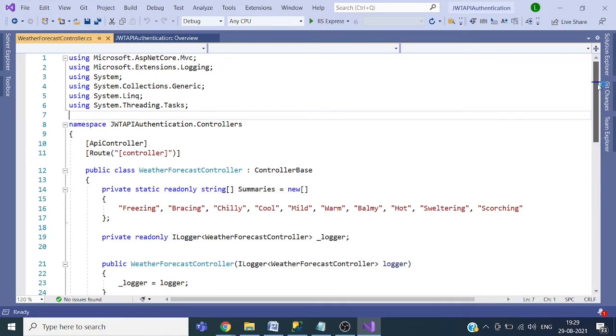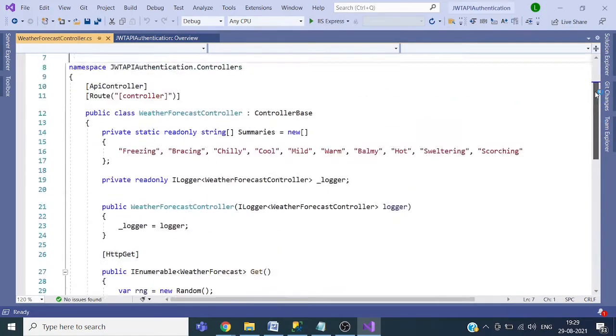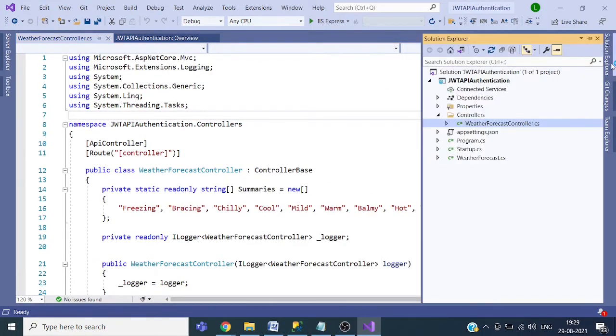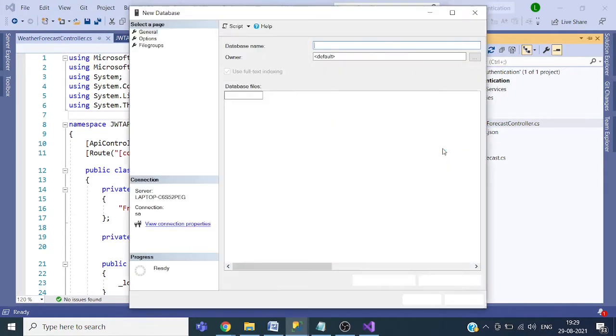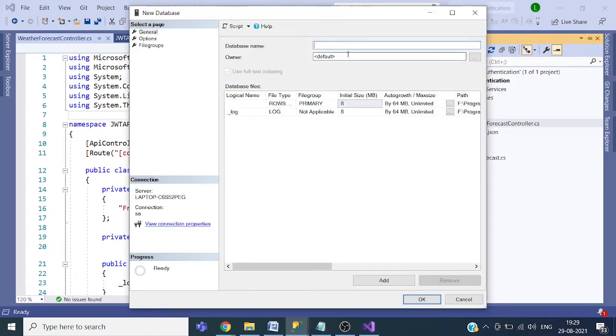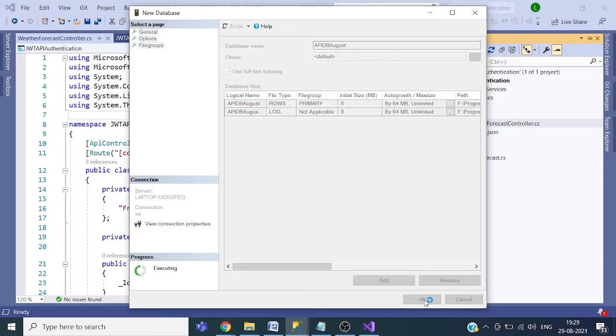So currently it has hard-coded data. So we have created a database.